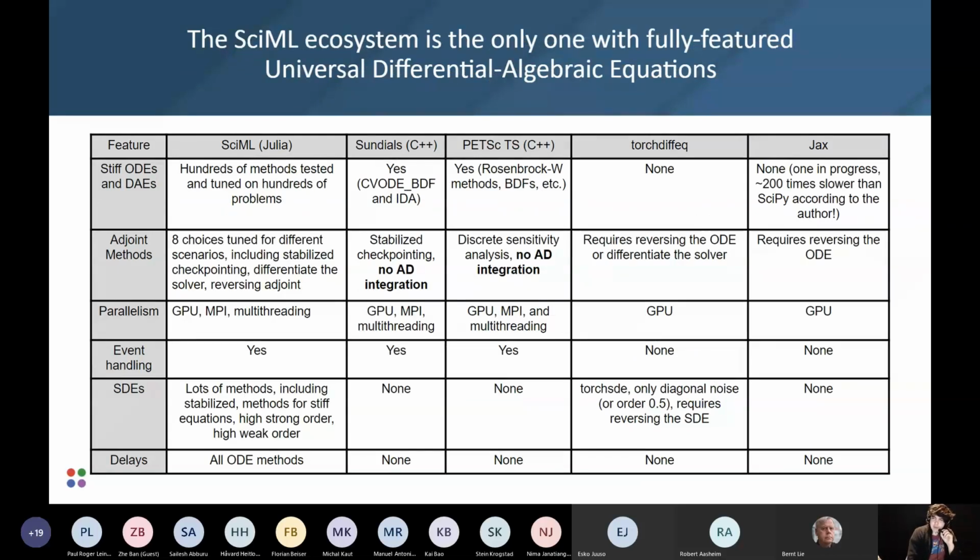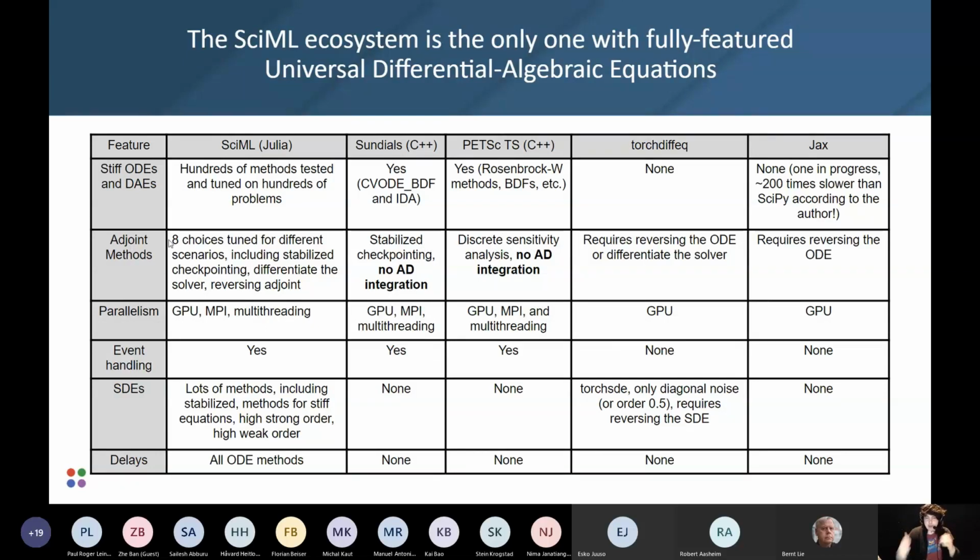And so the reason why this new SciML architecture is really starting to be used, especially in this form, is because as you get to really large numbers of parameters, it greatly decreases the computational cost. And where you find this Julia ecosystem to have its benefit is the fact that there are previous libraries that have automated adjoints on time stepping. So SUNDIALS and PETSc TS, right? These are libraries that have adjoint methods on there, so stabilized checkpointing and discrete sensitivity analysis.